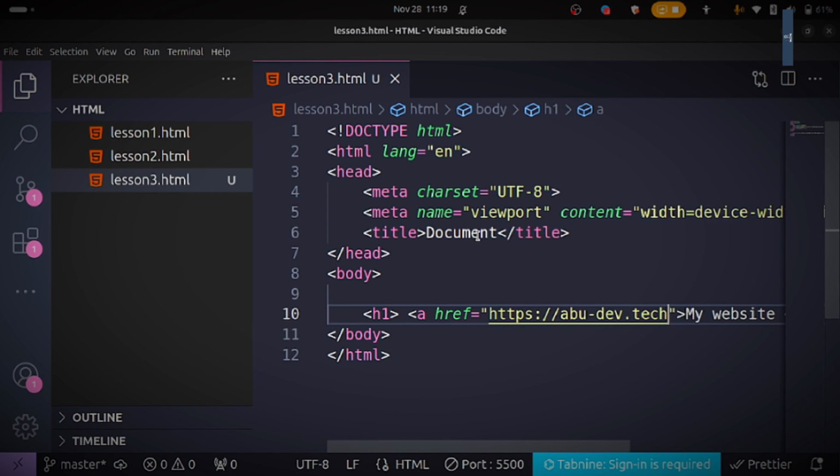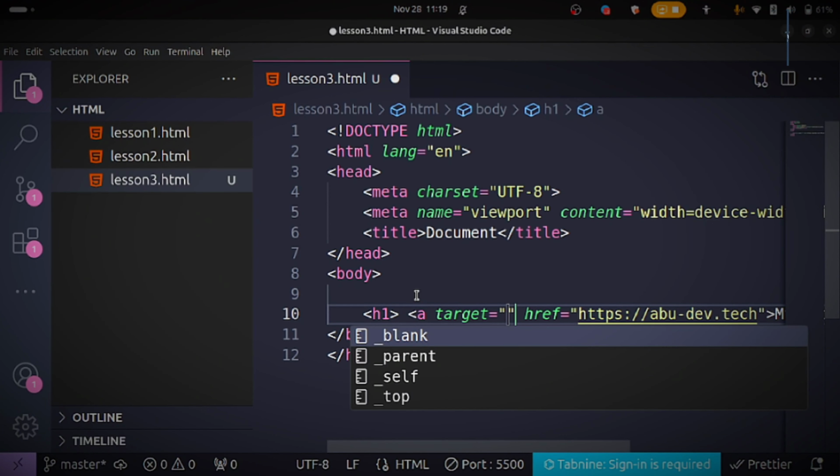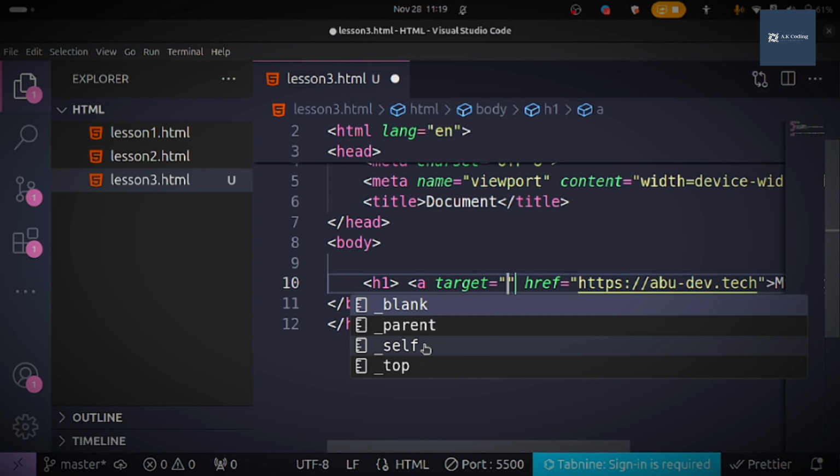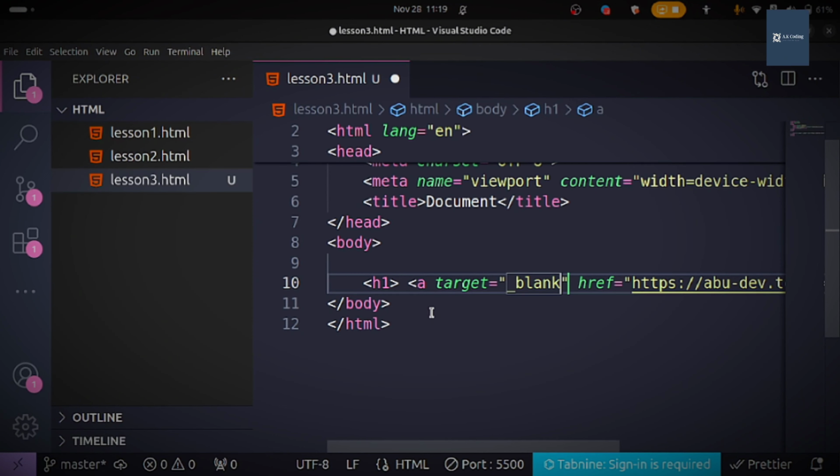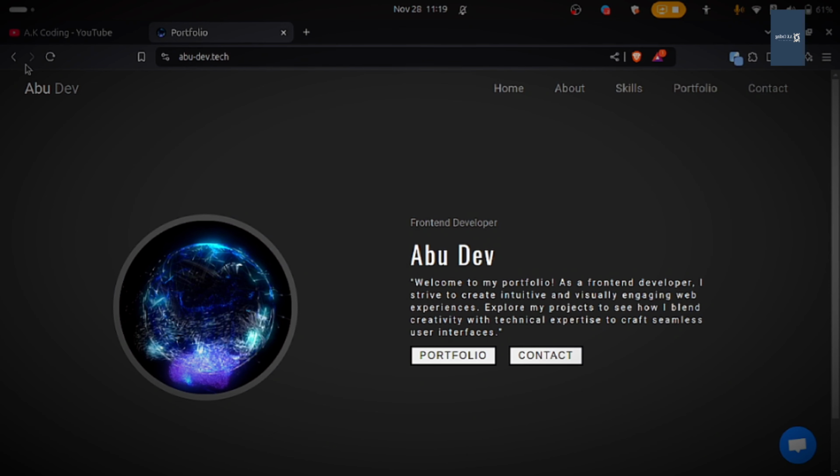In our anchor tag, before href, we can write target, which has the values blank, parent, self, and top. Mostly developers use only blank. So when we do blank, and when I go back, as you can see we have two windows, right? And if I press this,